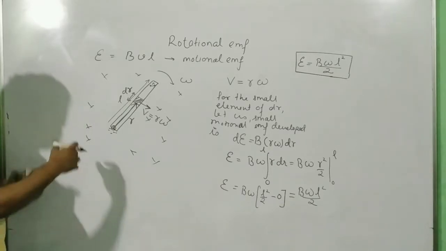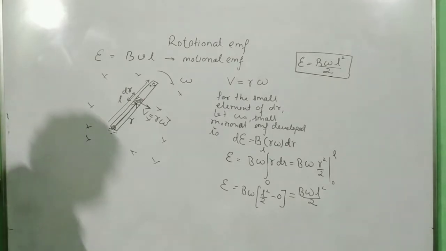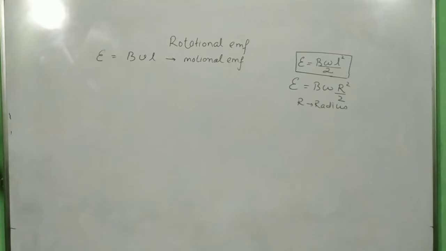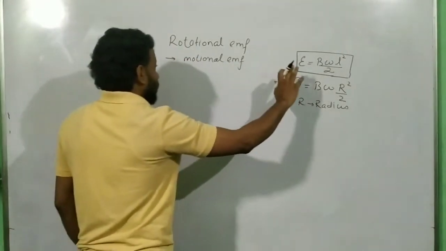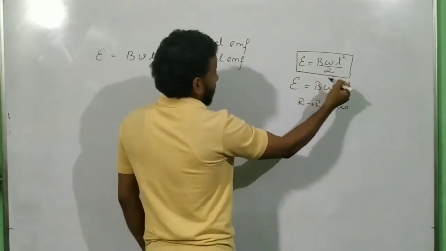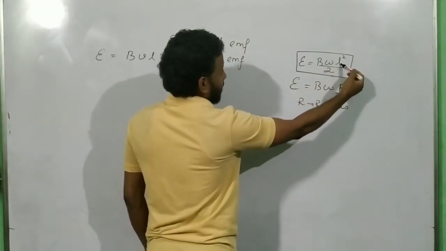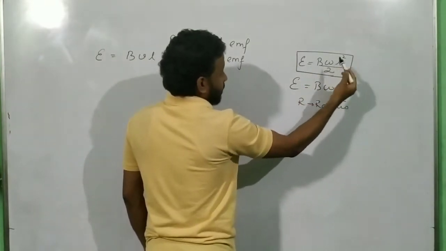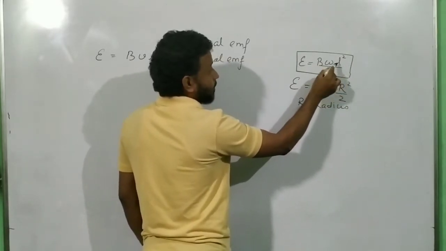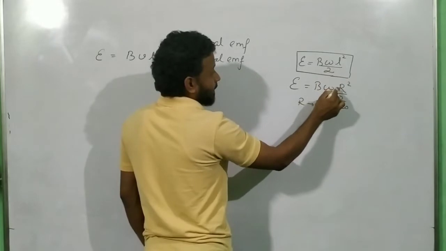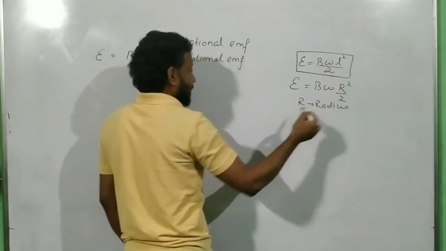Okay, now just see what I am going to do next. Next, we are going to see some numericals based on that formula. Let us not forget that here I have written for you L square. You will basically get confused: L over here defines the radius of the rotation. So I am writing here R, and then I am writing radius.